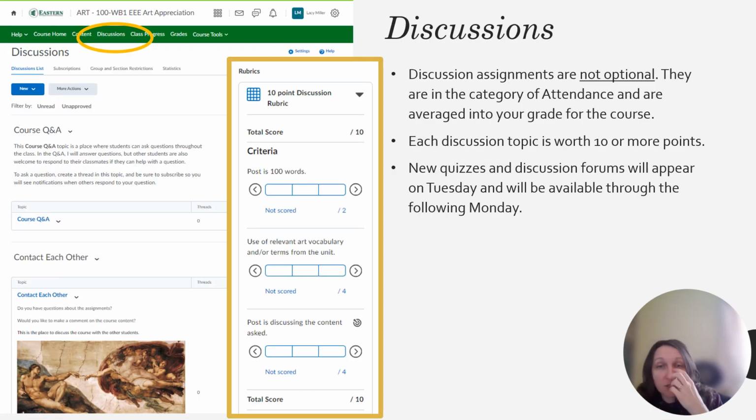All right, discussions. Discussions are found up here at the top in this little green bar. They should appear and disappear as the semester goes along. Remember, on that Monday, Tuesday switch time. Just to be clear, discussions are not optional. They are part of the class, and they actually add up to more than a test. So if in some other class discussions are optional, that's not the case here. They're required and a big part of your grade.